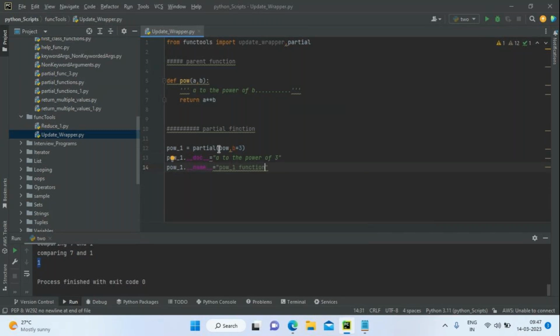Actually, what function name? Power. But for my partial function, I'm creating it as power underscore one function. Externally, I am mentioning the name as power underscore one function is my function name. Okay. Now, if I print these values,